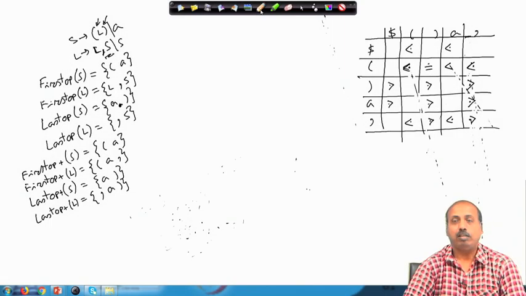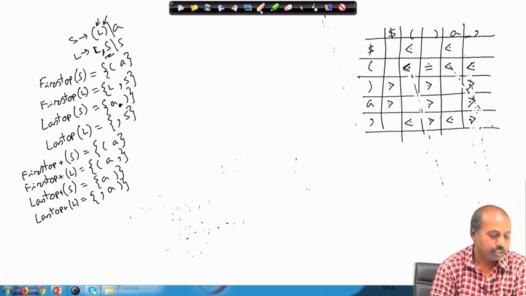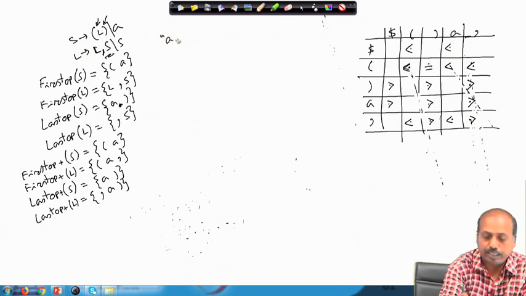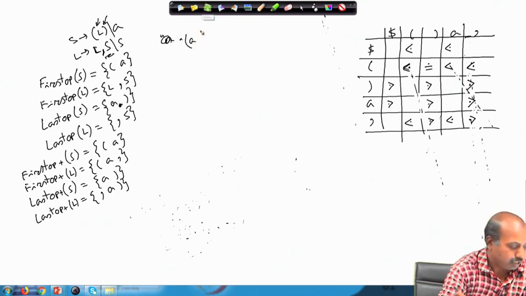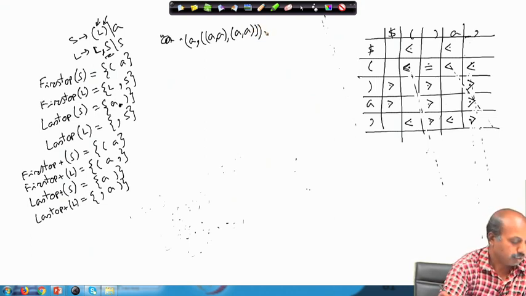So, next we will be looking into an example of how to use this particular table for doing a parsing operation. So, let us consider an input string which is given by this expression: A, comma, A, comma, A, comma, A, comma, A, then two close parentheses.